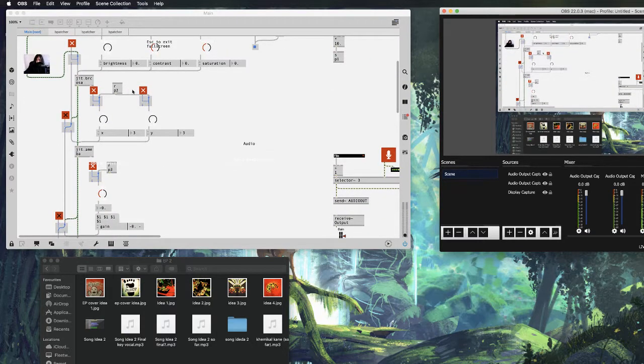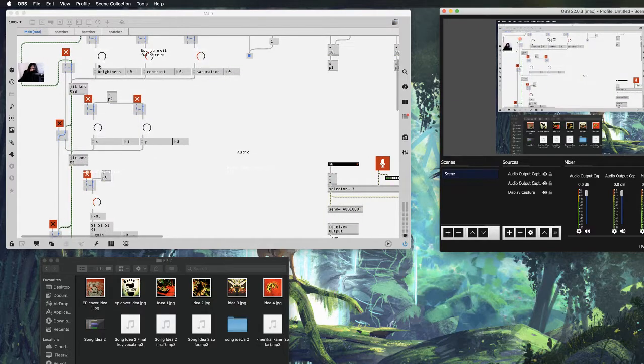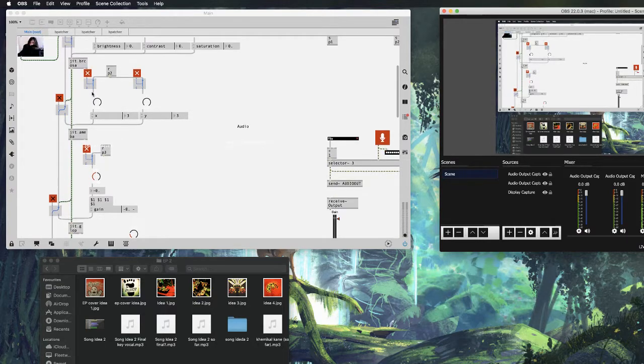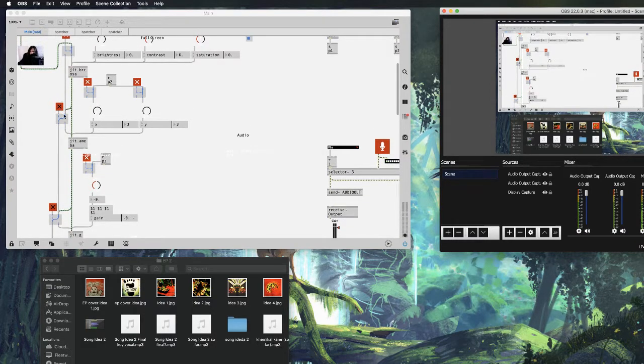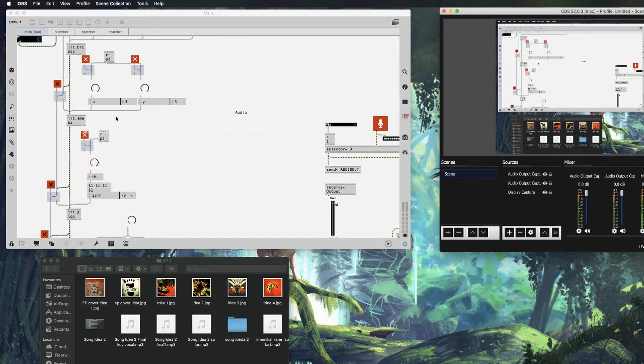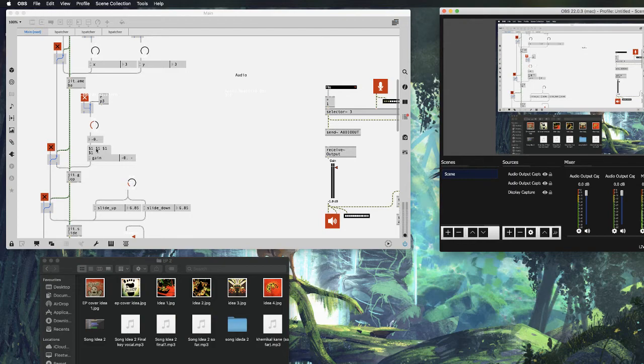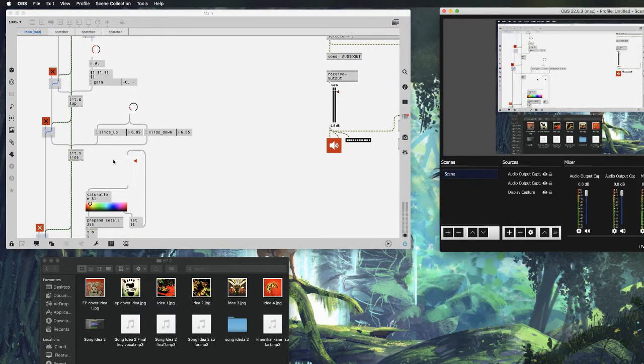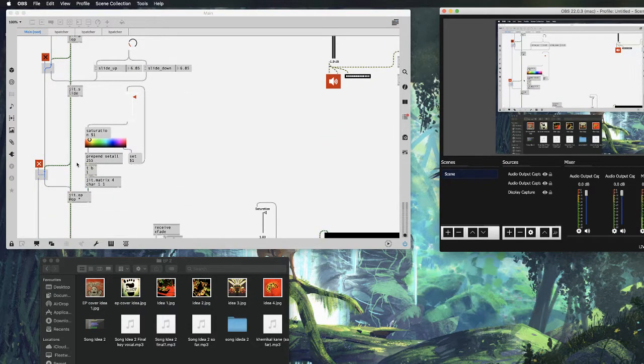This is then going into various visual effects to adjust the brightness, contrast, saturation. I've got this set up with bypass systems, so you can have them on or off without affecting the other ones. We've got things to decrease the resolution, some things to add or take away distortion and gain, jit.slide, which just gives a bit of an after image to any movement on the screen, jit.op to have a color layer over the top,